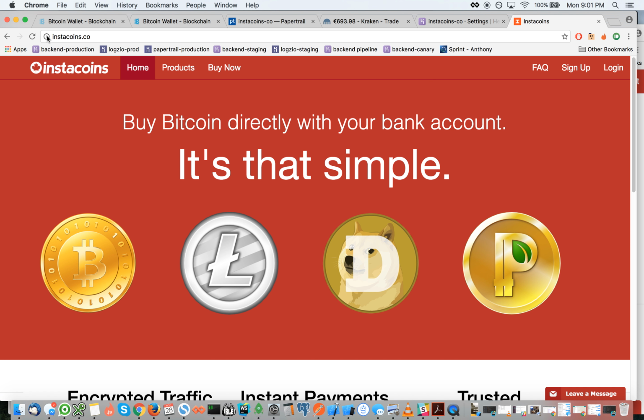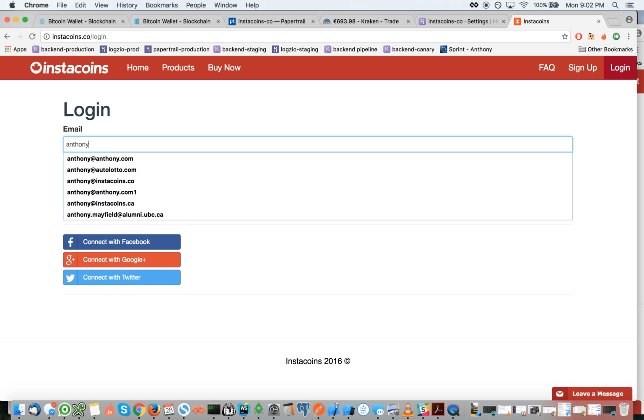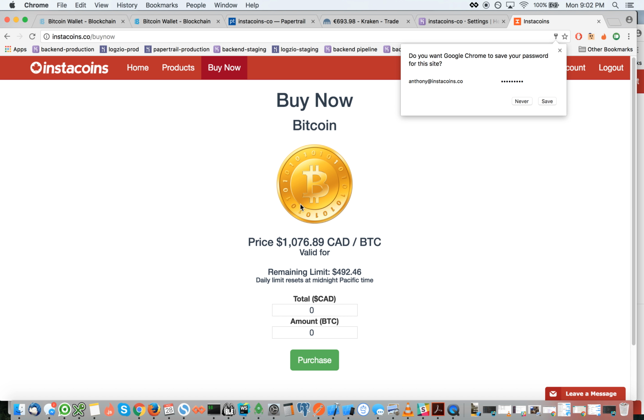Instacoins. So this is up and running on the publicly accessible web. This is being served through Heroku right now. So I'll run you through the purchase process, and you can just see the state of Instacoins and how everything works here. So I'm just going to log in with a newly created